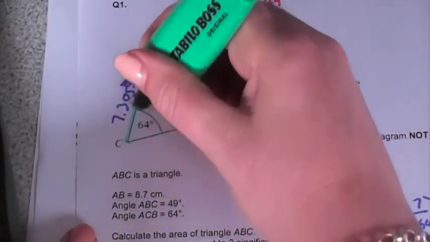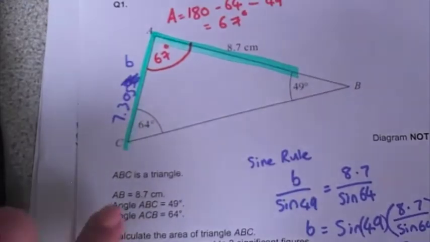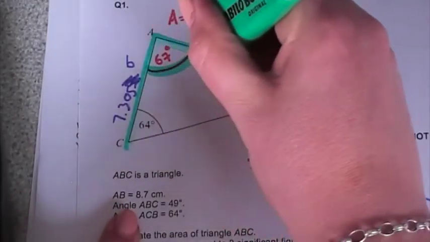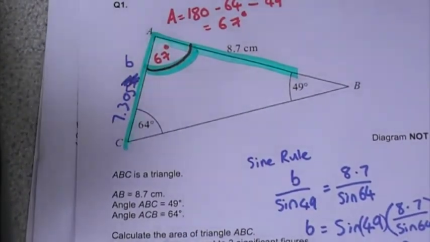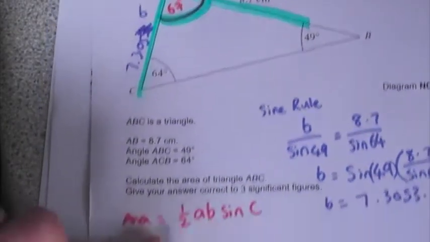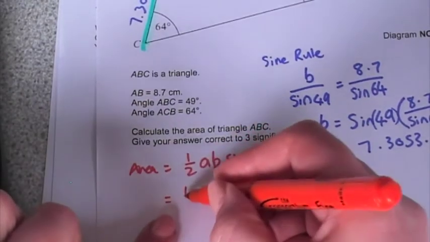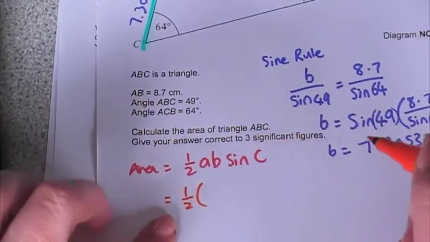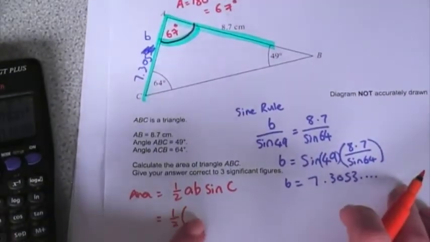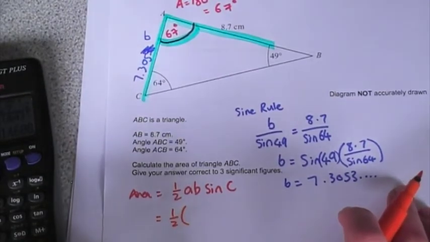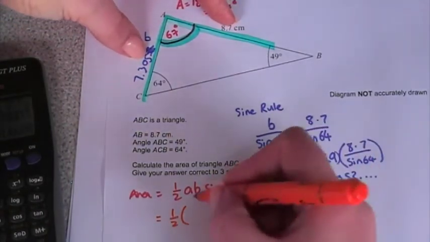That's there. Now, because I know that length, let me highlight it in. I know this length, and I know this length, and I know the angle that they're sandwiching. I can use those values to dump into my area formula, which is here. So the area of this triangle is going to equal half of, let me zoom out, I need to find the product, so times together, the two lengths either side of the angle I'm using. So I'm using that angle, so they are my A and B. So half of